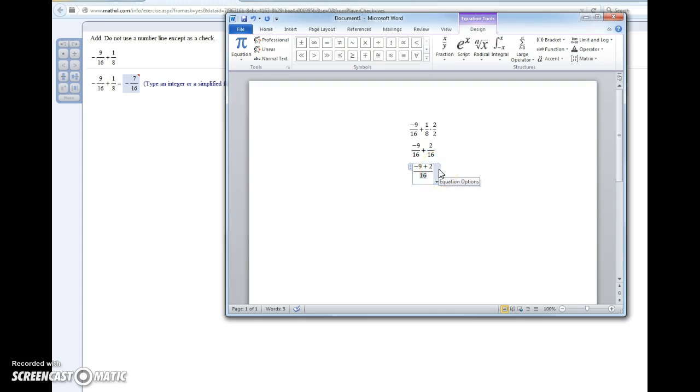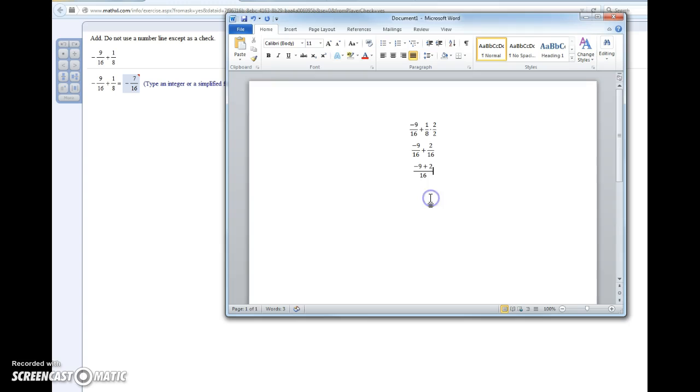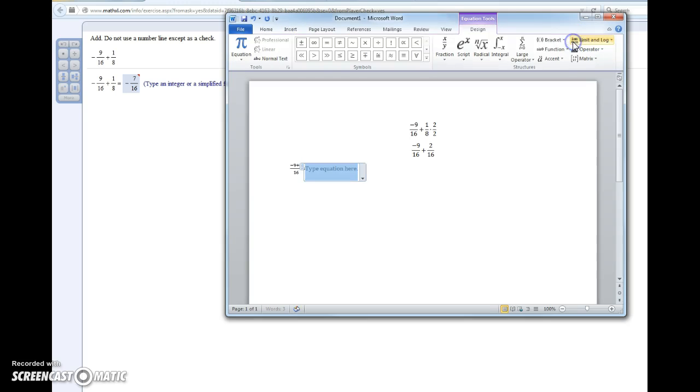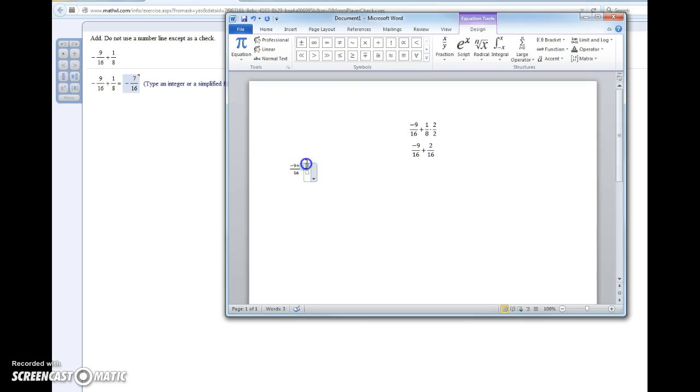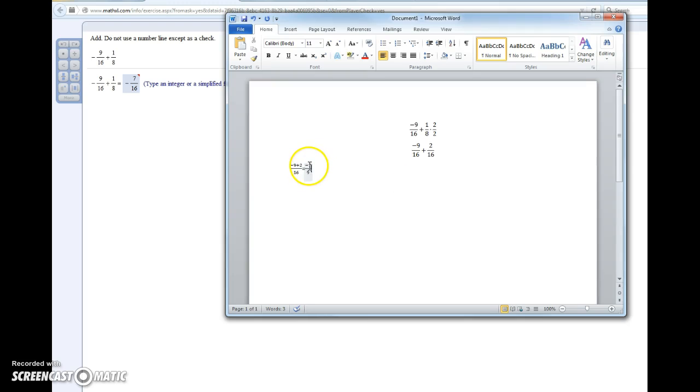9 minus 2 is 7, and I'm going to keep the sign of the number that's the farthest away from 0, which is negative 9. And so my final answer is going to be negative 7 over 9. And one thing to note is that you can either write that negative with the numerator, negative 7